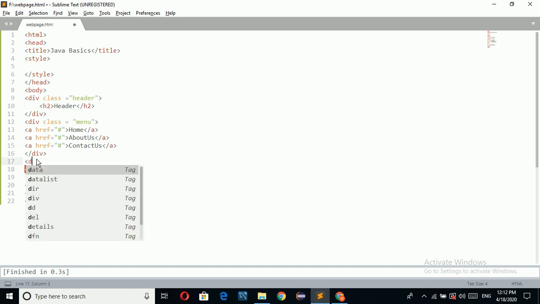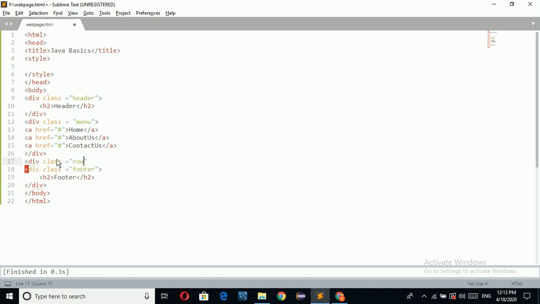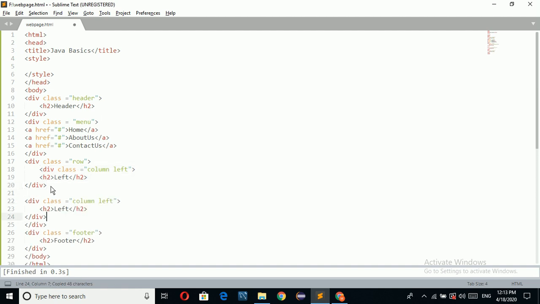So next I am going to take one row, class equal to row. I am closing the row. So in this row I am going to take class three columns. This is the left column, so the heading is also changed to left.